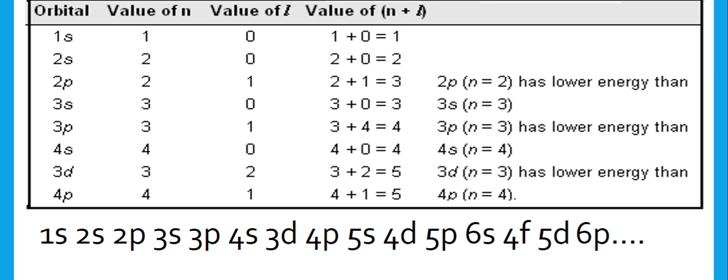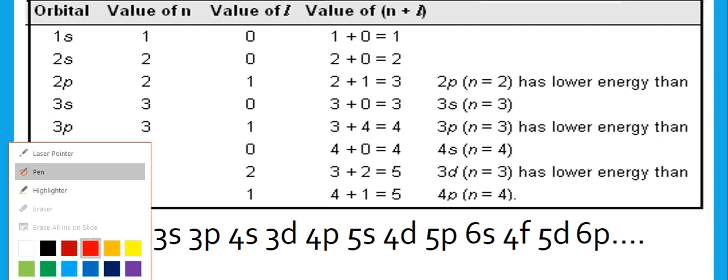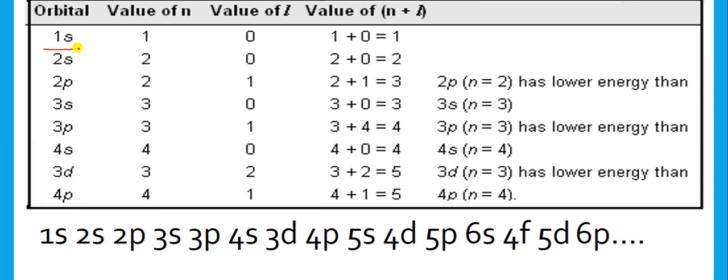Students, we can see clearly in the table how we will calculate the n plus l value. This 1 represents its n value, the principal quantum number, and s, p, d shows its l value, the azimuthal quantum number, that is 0. For s, l is equal to 0. So 1s has 1, and 2s has 2 plus 0, that is 2.